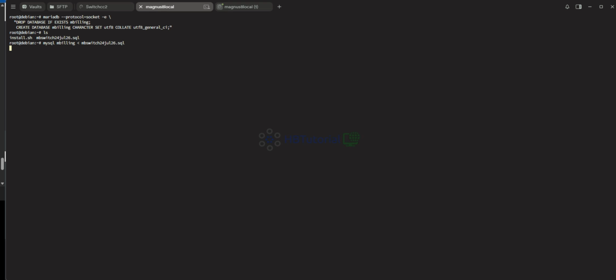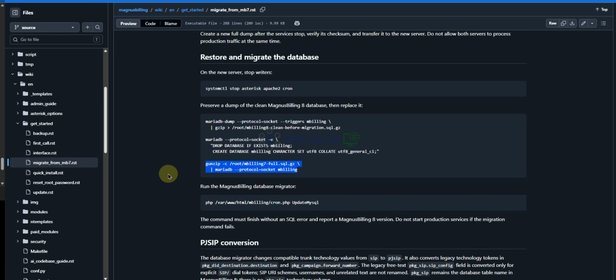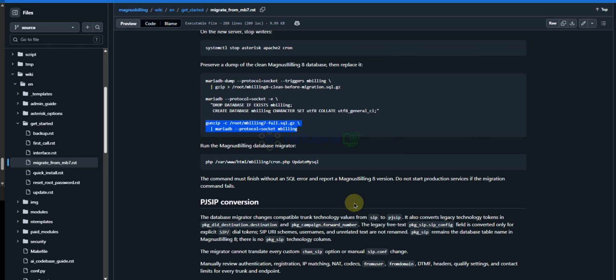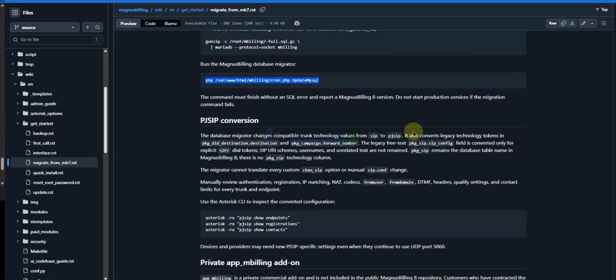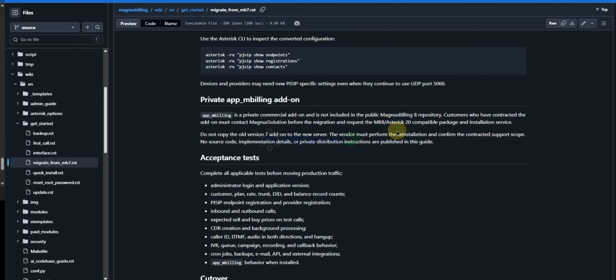After the database has been uploaded successfully, we will run this migration. This will migrate the tables and other parts of the database from version 7 to 8.